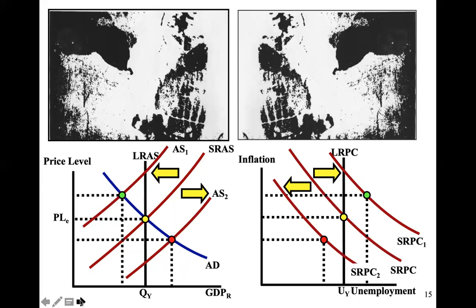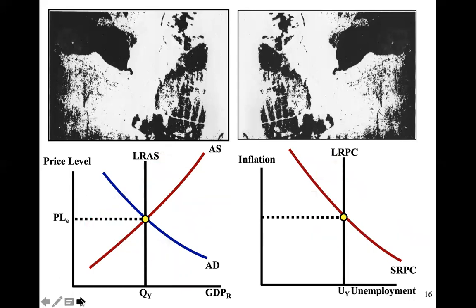Why? Well, because prices and unemployment are going down, right? So the curve's got to shift in. Okay. So they move in opposite directions. If the short run aggregate supply curve moves to the right, short run Phillips curve moves to the left. If the short run aggregate supply curve moves to the left, then the short run Phillips curve moves to the right. Okay. So that, ladies and gentlemen, is